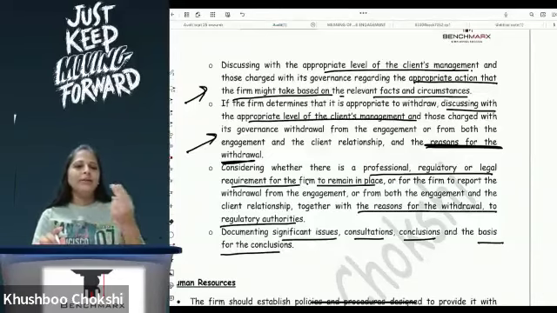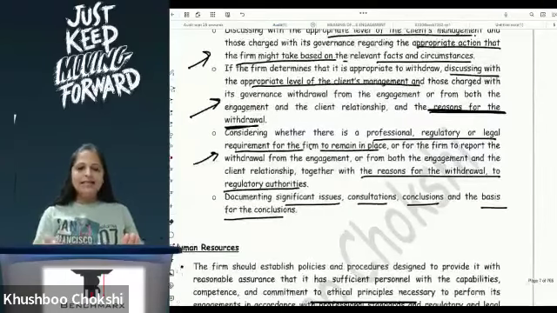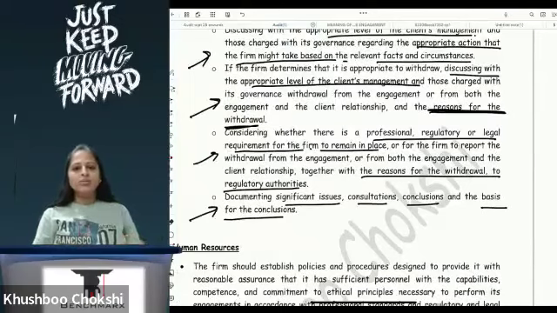If I'm withdrawing, what are my reasons for withdrawing, and what are the legal and regulatory requirements? If there is a reason for my withdrawal, then I should report the same to the regulatory authority. So ideally my partner should have gone to the service tax department and told the service tax officer that this is what is happening and that they need to take action. So that is one of the points. And last, whenever I am withdrawing, I have to document what the issue was, what was discussed, and finally what the conclusion was. He said he is not ready to take a service tax number. I said I am not ready to sign without a service tax number, and hence I had to withdraw.